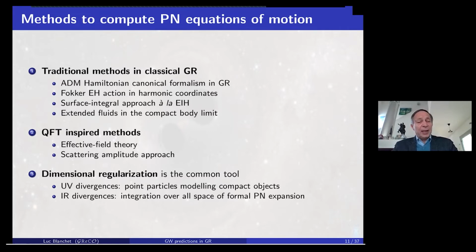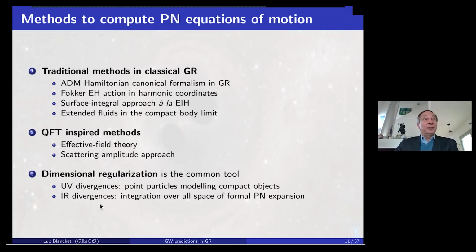In the problem, we shall have two types of divergences. We have UV type divergences that are due to the model of point particles by delta functions. For a long time, it was not known in the traditional PN approach how to solve the problem of delta functions, since GR is a fully nonlinear theory, and the problem is a priori not trivial at all. And this problem is solved by dimensional regularization.